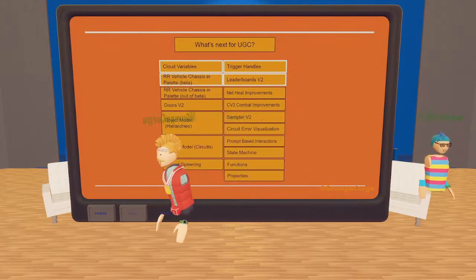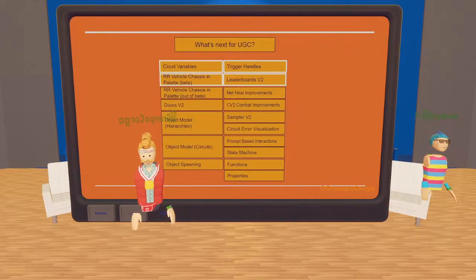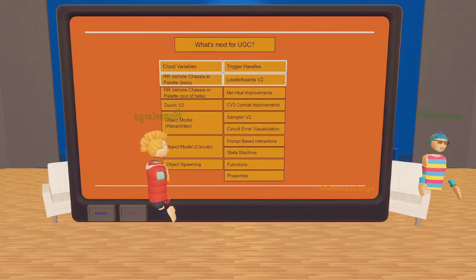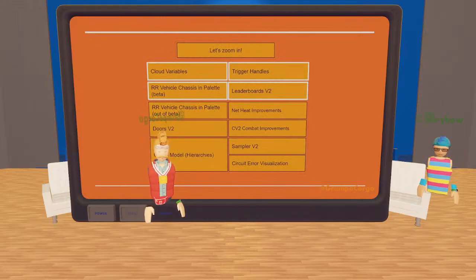So let's zoom in a little bit, and we'll talk about some of the things here at the top. We probably don't have time to talk about this whole list. We might honestly show it again at the next Q&A and show where we've made progress on stuff, but let's zoom in a little bit. So